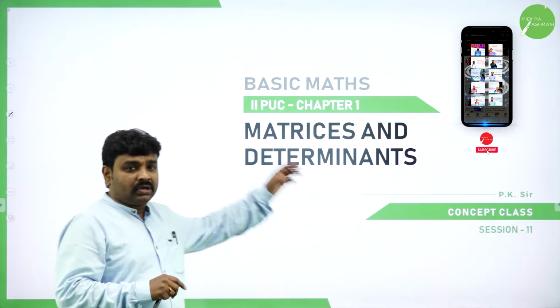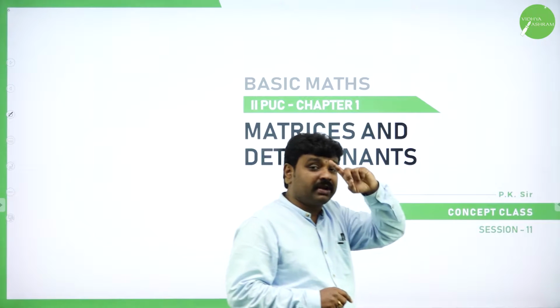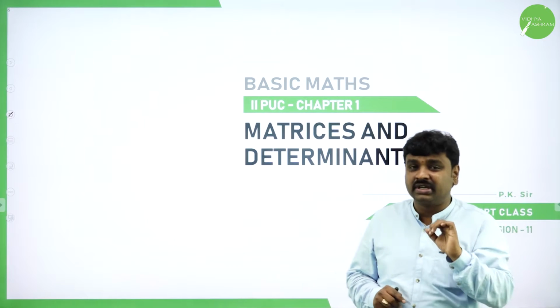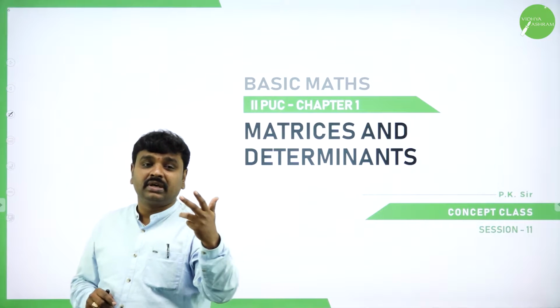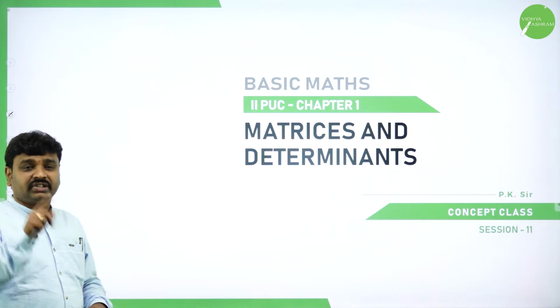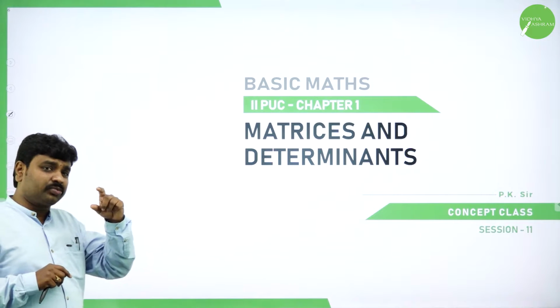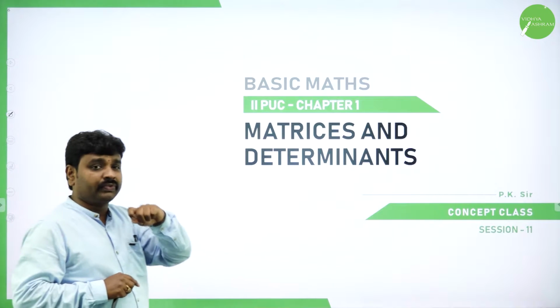In my last class I taught you how to find determinants, and we also solved problems on Cramer's rule where we used to find determinants. Now I'll teach you how to find inverse. Later we can use inverse to find unknowns or to solve equations, that is the matrix method. To learn the matrix method, all the basics are here. So first we'll start with a simple 2 cross 2.